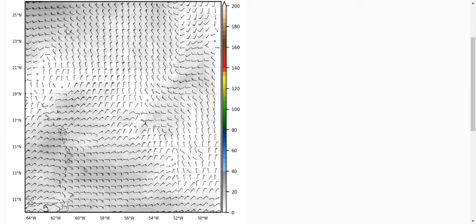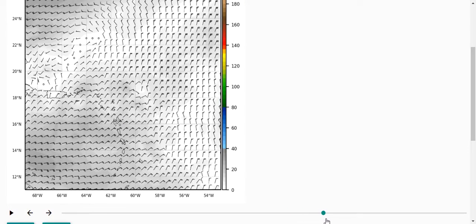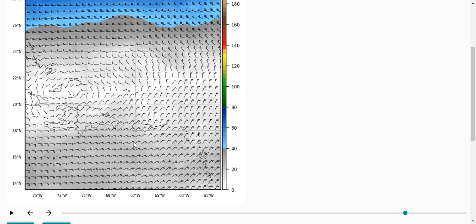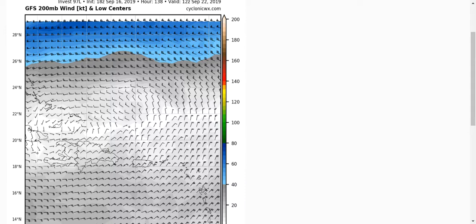This isn't too bad of a look, but you can see there's a large upper anticyclone ridge in this area, and it does have a lot of that flow coming down into generally where Invest 97 will be at this point, or at least what this model says. So if we go a bit more forward, you can see the Lesser Antilles here. So it isn't in a very unfavorable environment, really. At least, there's some mild northeasterly shear, but it's not like anything that will kill the system, as long as this is correct. Then you can see this very strong ridge,